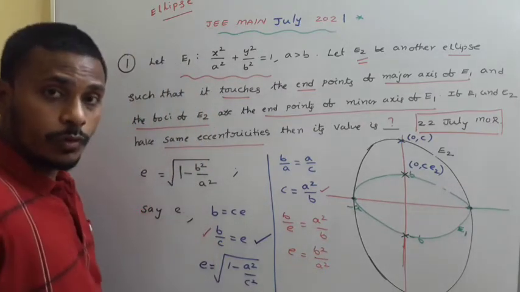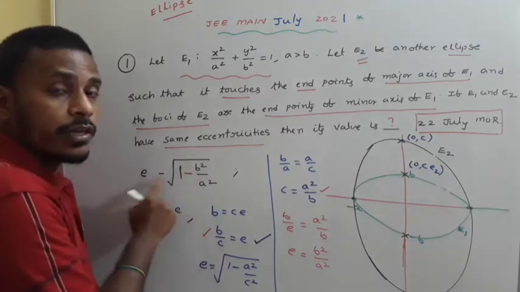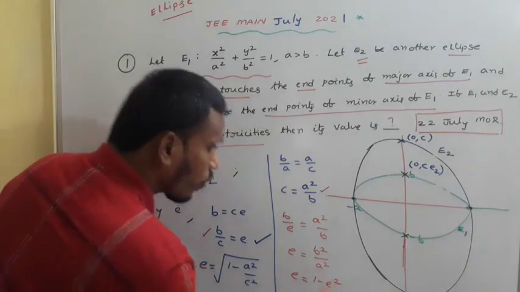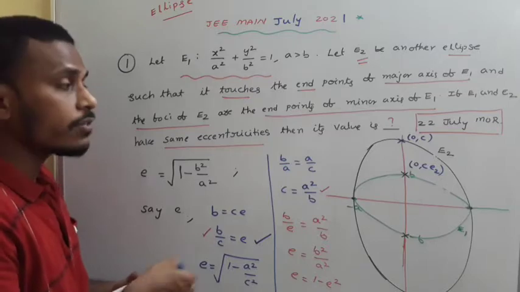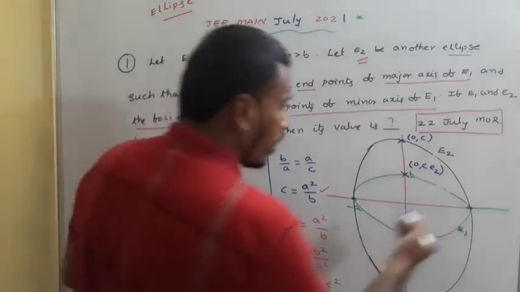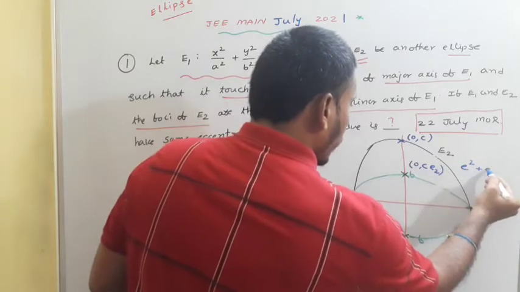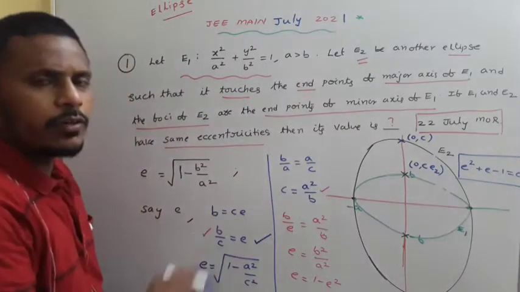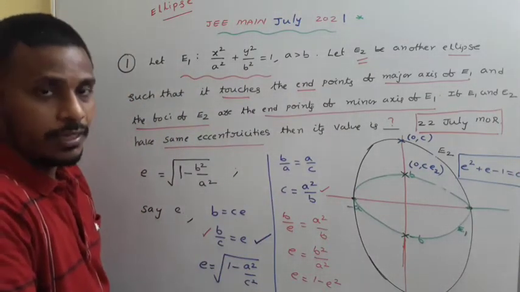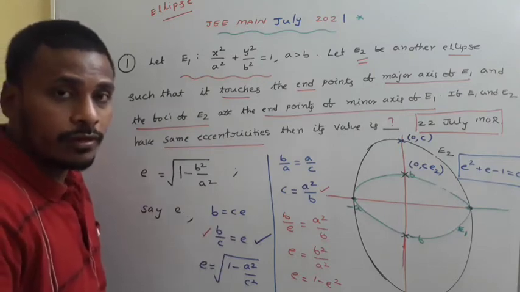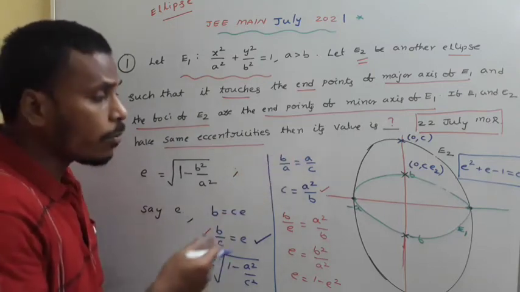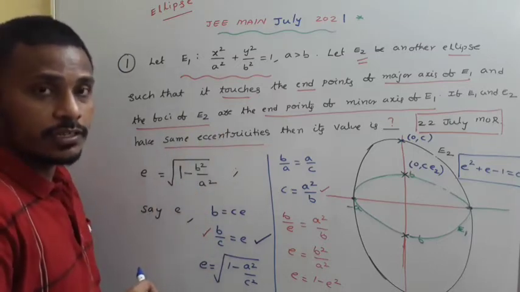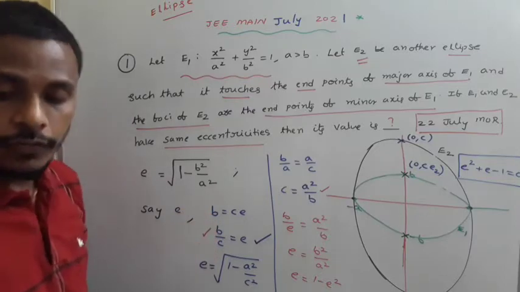Since e is equal to b square by a square, again b square by a square is 1 minus e square, right? So e is equal to 1 minus e square. Finally we have a quadratic in terms of e: e square plus e minus 1 is equal to 0. So from that quadratic we need to find the value of e. E is equal to minus 1 plus or minus root of, a quadratic formula, e value find out cheyochu, and eccentricity for sure is less than 1, kabatti ellipse ki less than 1 ఉన్న value ఒకటి మనం ఐడెంటిఫై చేస్తే there ends the problem.